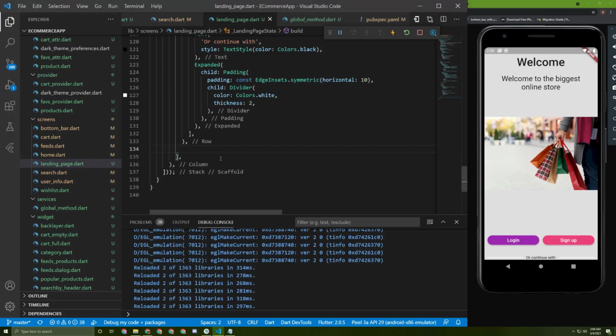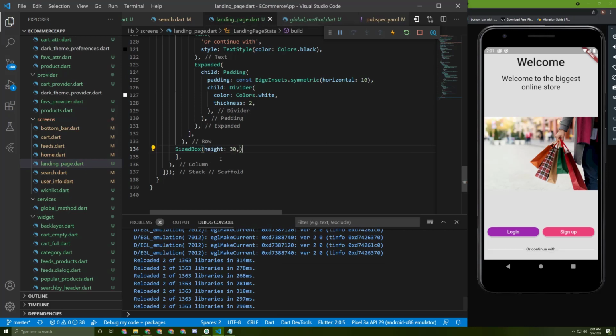Okay, so now below it, let's add a sized box and give it a height. I will choose 30 also. Let's copy this and paste it again and choose 40. And between it, let's initialize